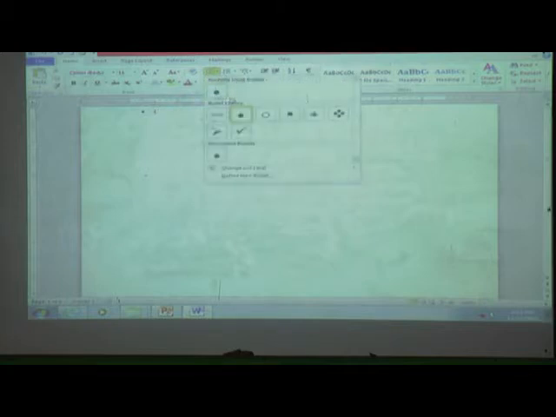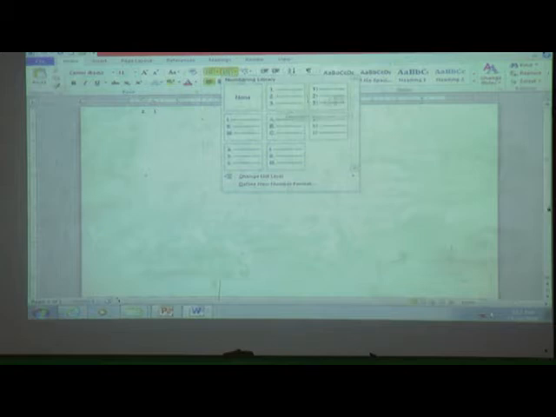These are symbols. We can use symbols, this symbol. These are symbols, okay, and here are numbers. Here are Roman numbers, capital ABC, small ABC. This is capital and this is small also.